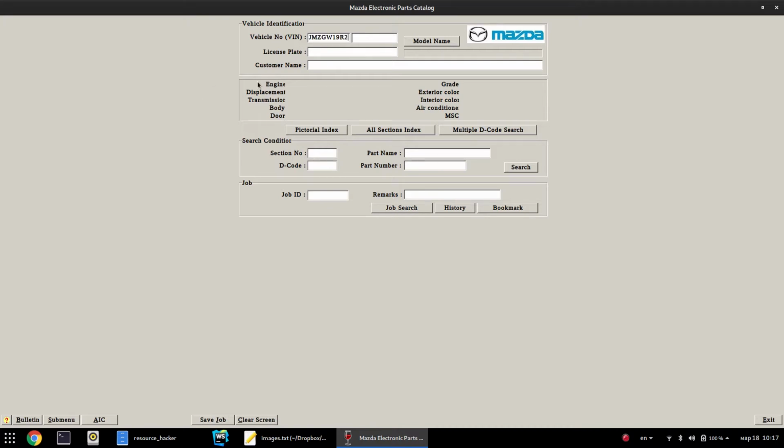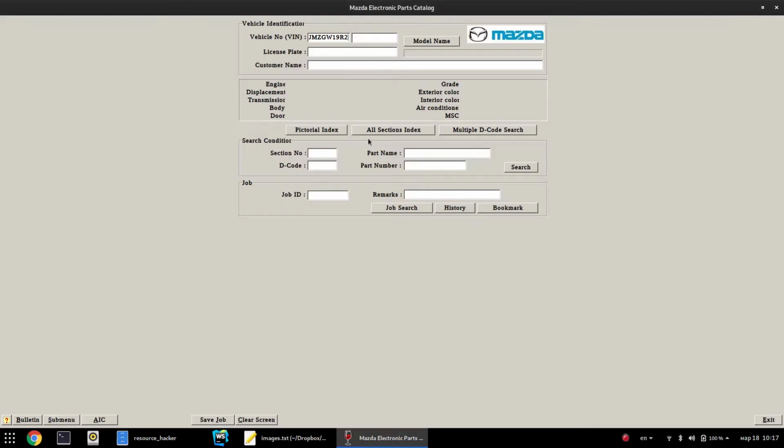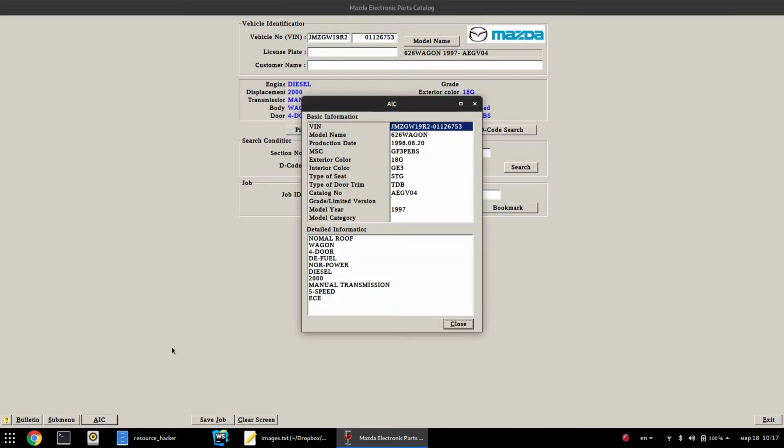Okay, so let's start. Here you input the VIN number. It's split into two parts for some reason. Hit enter, and it shows you that this is a 626 GW. It's diesel, displacement is 2000 cubic centimeters, manual transmission, etc. And now you go here and hit this AIC button, whatever it means, and you get the production date. You can see it's 1998